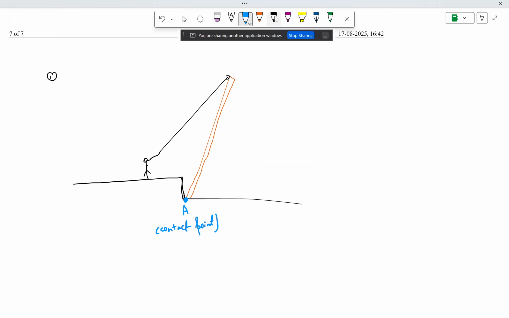Now let us take the angles that were mentioned in the question. If you remember, this angle was mentioned to be 25 degrees, and this angle was mentioned in the question as 45 degrees, and this rod's length, or this joist length, was given as 4 meter. So 4 meter is basically this length.